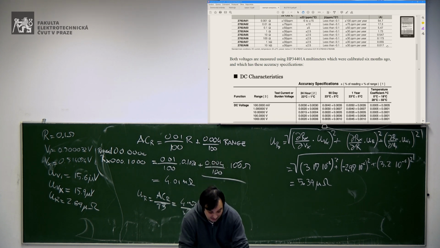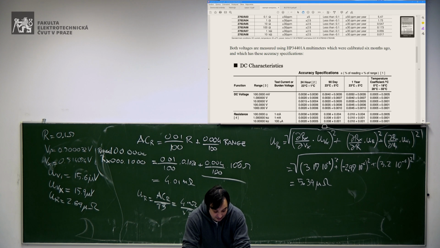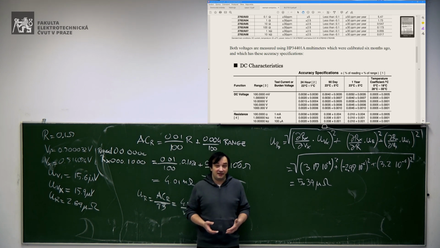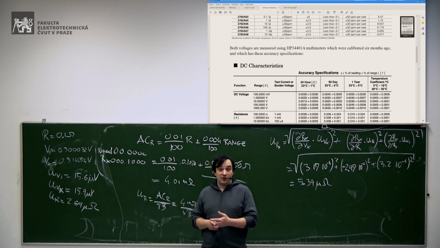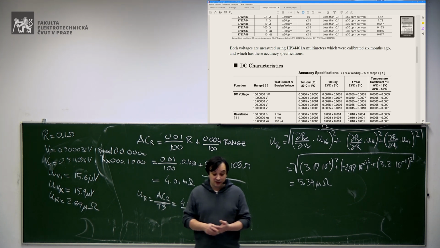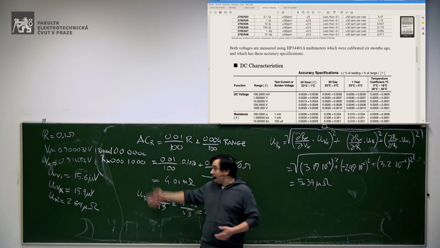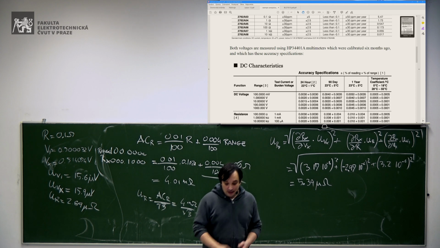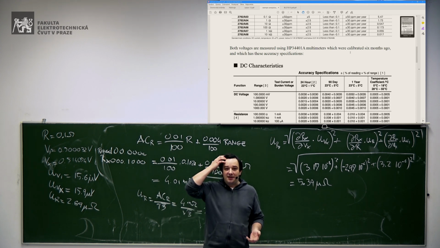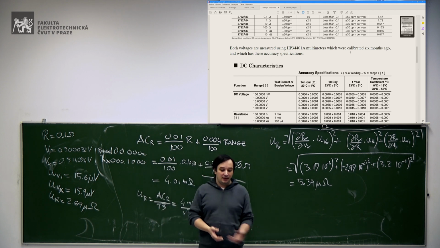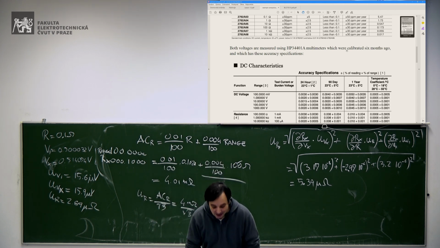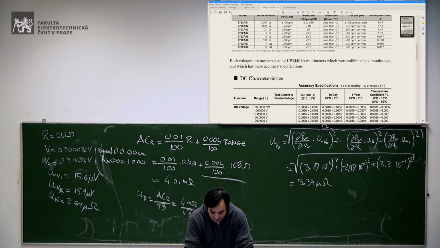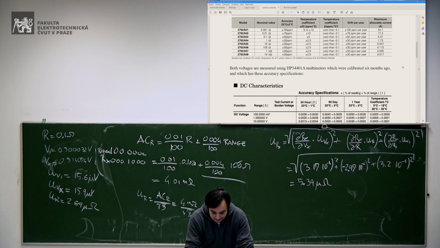So instead of using 1 milliamp here, as in the direct measurement of resistance, we're using 5 amperes, which means that we have a current on the same resistance which is 3 orders of magnitude bigger, which means that the voltage will be 3 orders of magnitude bigger. So instead of 100 microvolts, you get 0.5 volts, okay? And therefore, it's way easier to measure 0.5 volts than 100 microvolts. And that's why you get lower uncertainty.